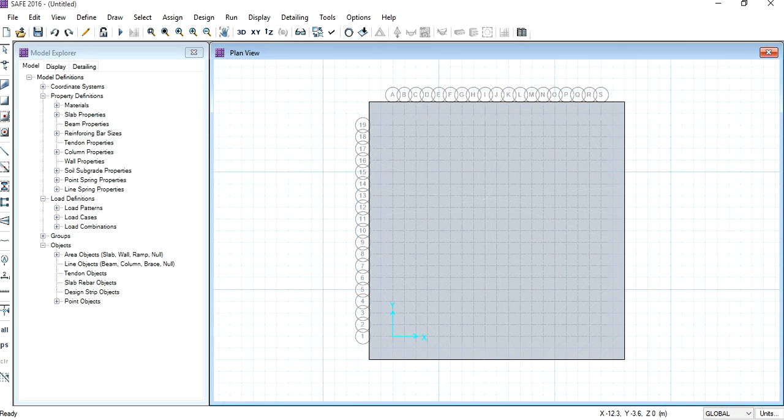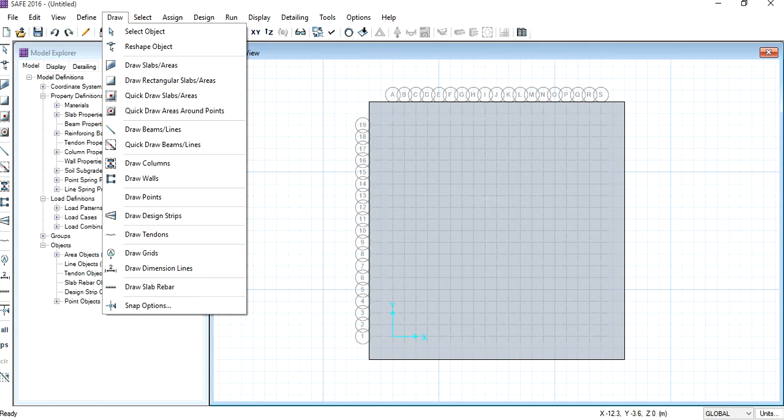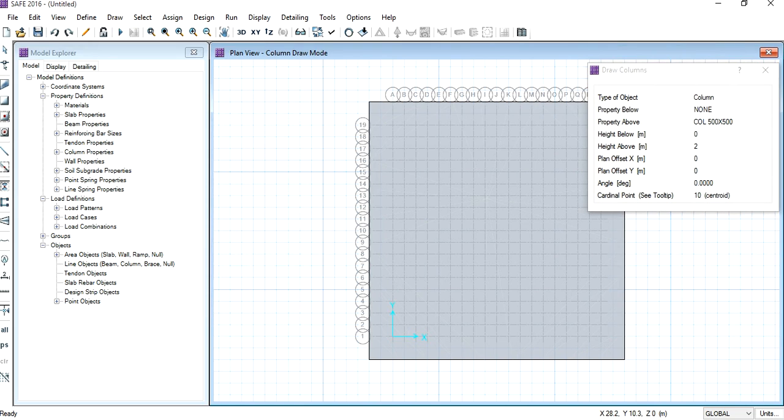Now we would be placing the columns on the footing. Go to the draw option, select draw columns. The property below should be none and the property above should be 500 into 500 column, because we would be drawing first 500 into 500 column, which are the outer columns. The height above is 2 meters according to the plan.